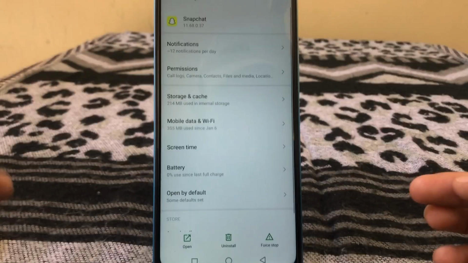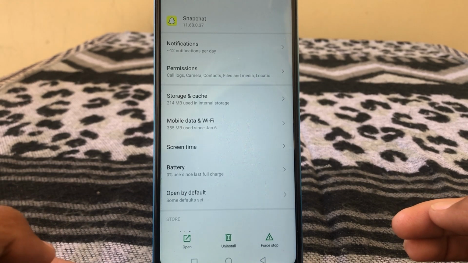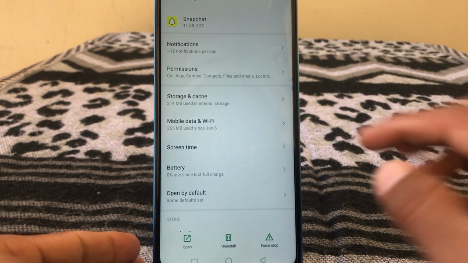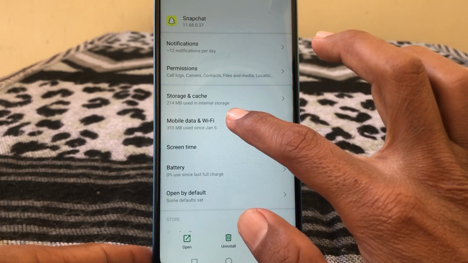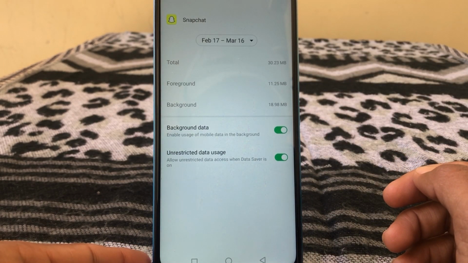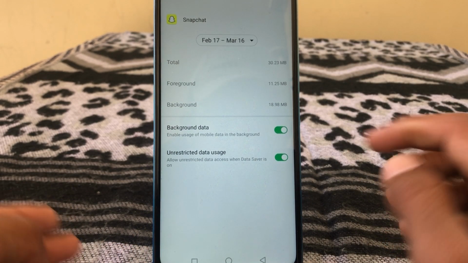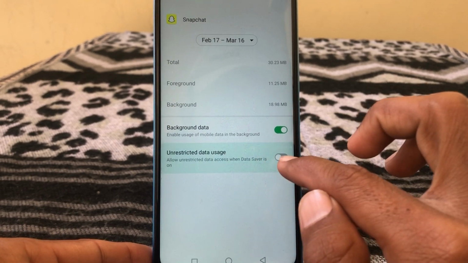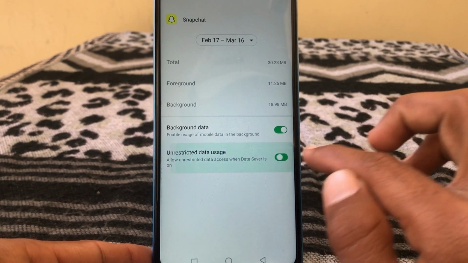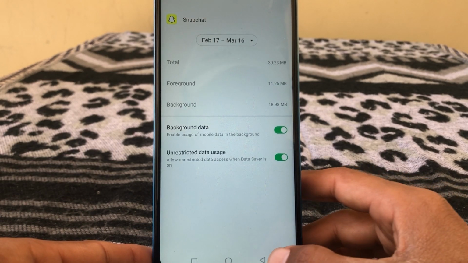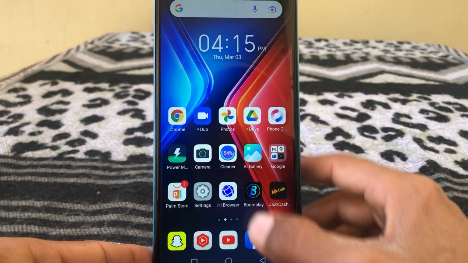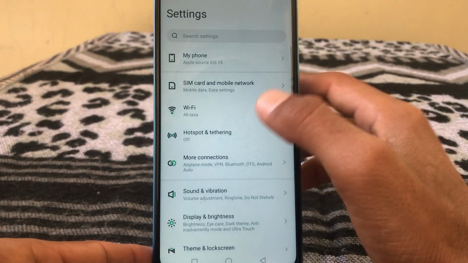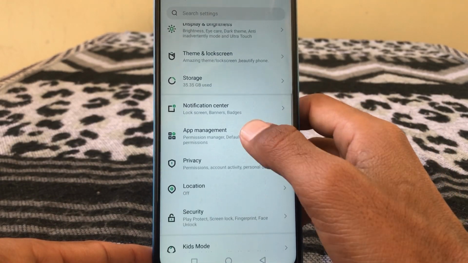So guys, go back. After doing this, what we have to do is just simply tap on mobile and Wi-Fi. From here simply turn the toggle on if it's off. So guys, after doing this, open the settings app again,